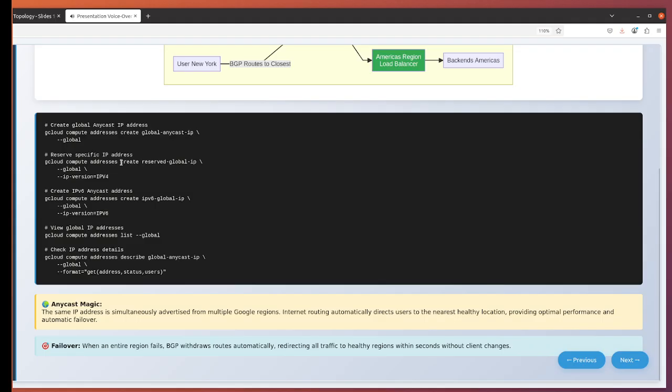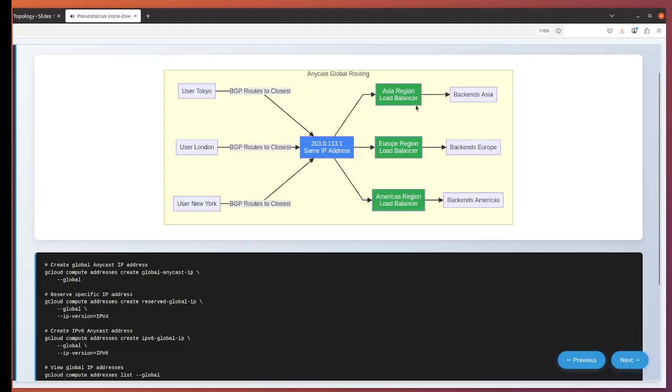When an entire region fails, BGP automatically withdraws the route from that region, causing all traffic to be rerouted to healthy regions within seconds. Users experience this as automatic failover without any client-side changes. Global load balancers leverage this for automatic disaster recovery. If your entire US Central 1 deployment fails, traffic automatically shifts to Europe West 1 and Asia East 1 backends without intervention. The user experience is seamless. They always connect to the same IP address but get routed to the optimal healthy location based on network topology